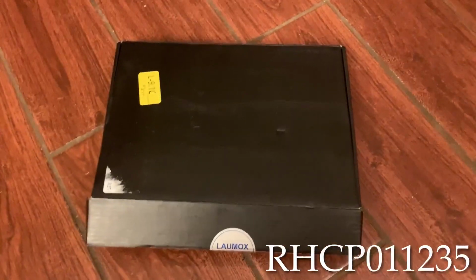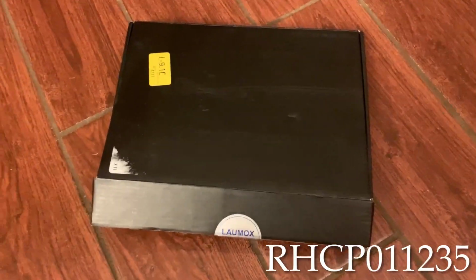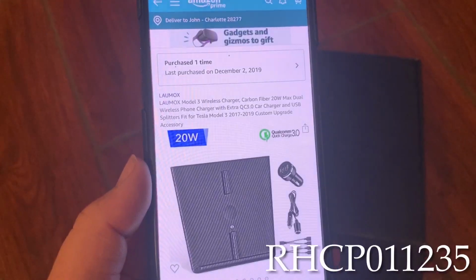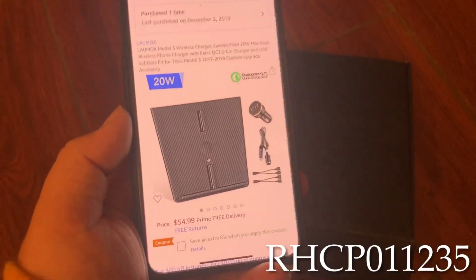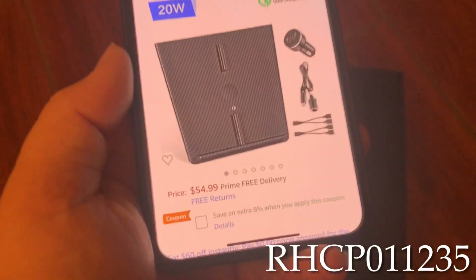Today we got a Tesla Model 3 video. This is a wireless charger. I'm gonna pull out the details on my phone as I don't know the complete. It's the first 20-watt wireless charger that I've seen. Current price is $54.99. I think the price is a little high and I might be able to switch it